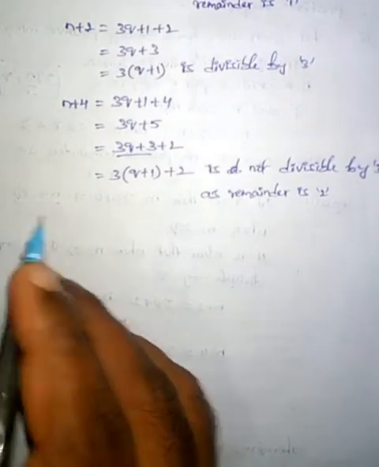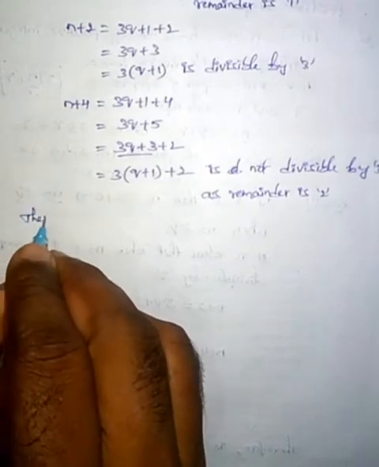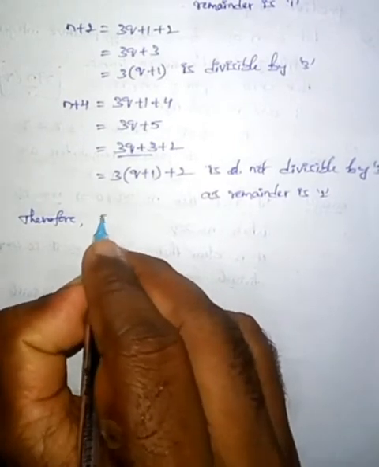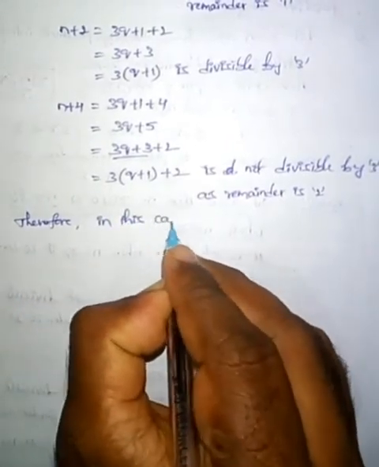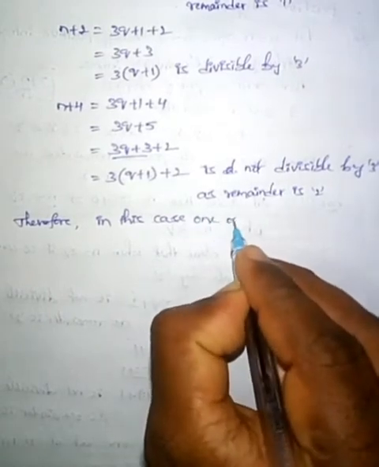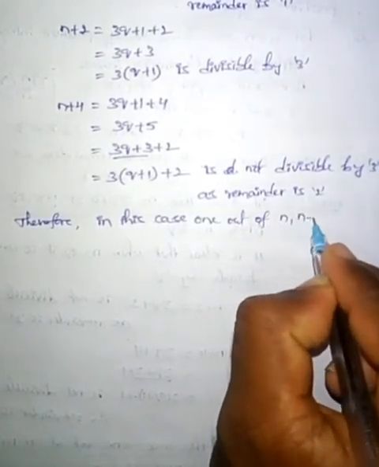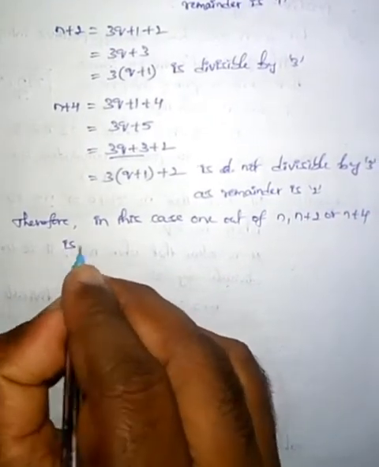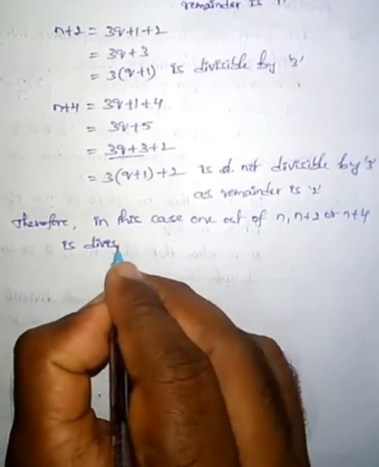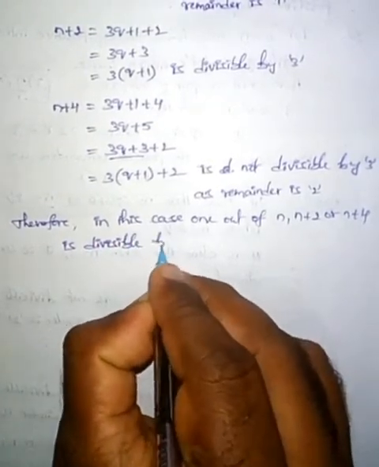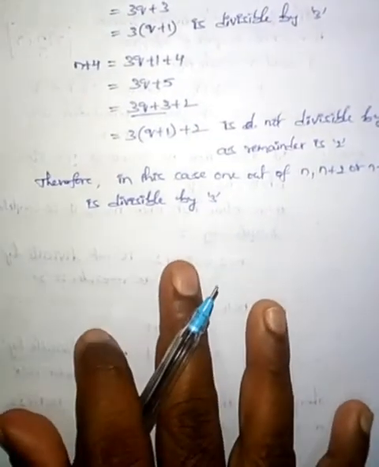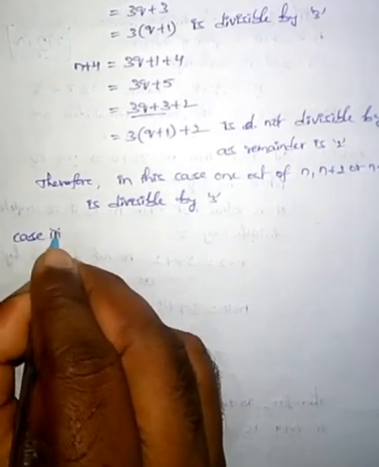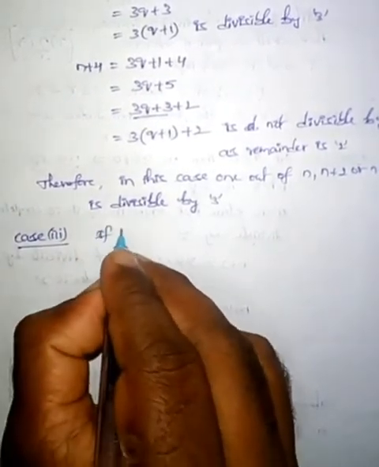Okay. So write the conclusion. Therefore, in this case, 1 out of n, n plus 2 or n plus 4 is divisible by 3. Okay. So second case also verified. Now coming to the case 3. What is case 3? If r equal to 2,